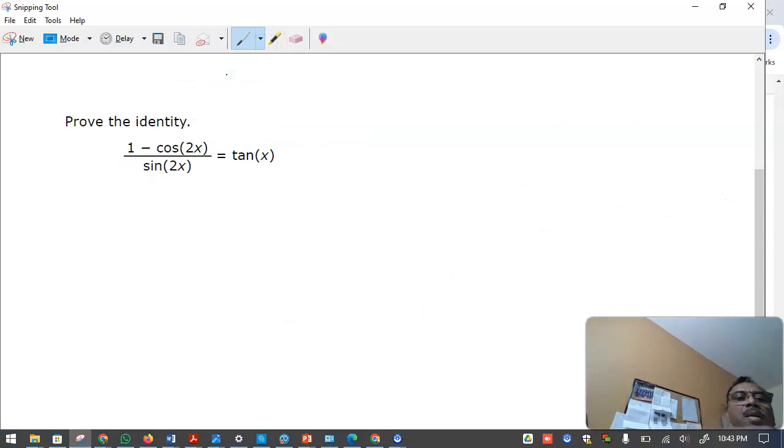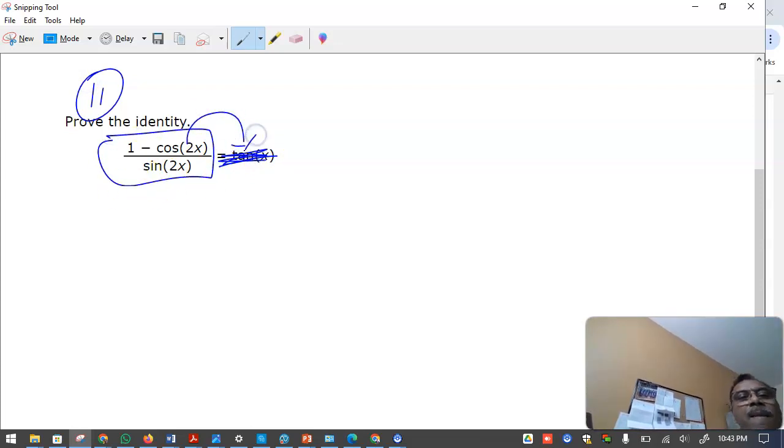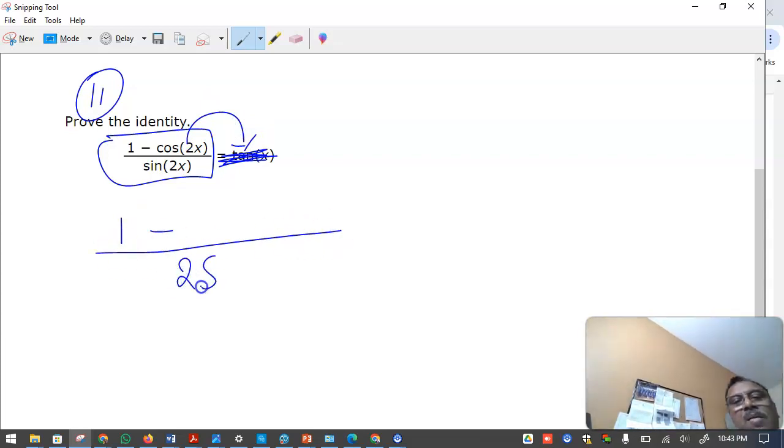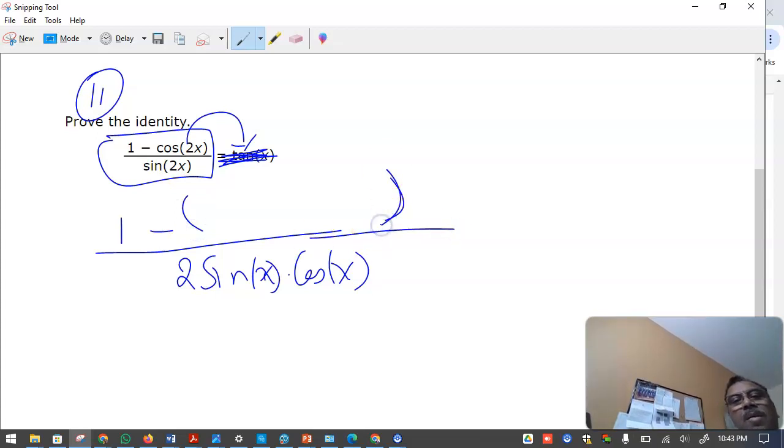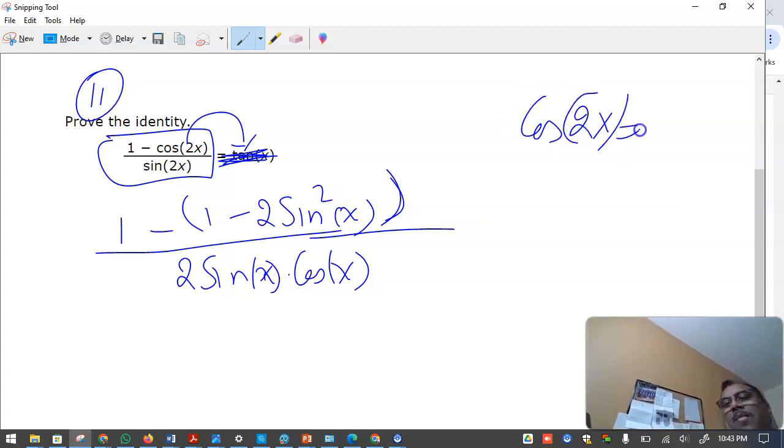So our goal is to find, this is 11, I think 11 or 10. So if I want to know why this is equal to this, we can use, in the numerator, 1 minus cosine. The bottom is 2 sine x cosine x using the double angle formula. And in the numerator you can write 1 minus cosine 2x. There are many formulas, so I'm going to use 1 minus 2 sine square x. Because cosine 2x, one of the formulas,